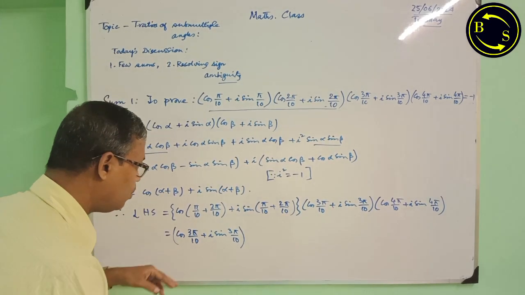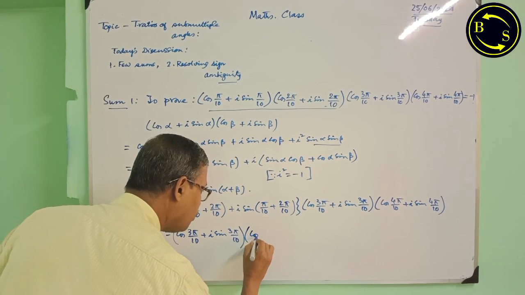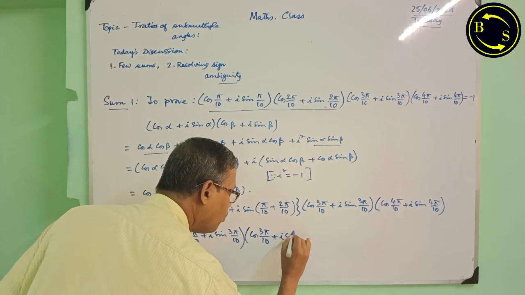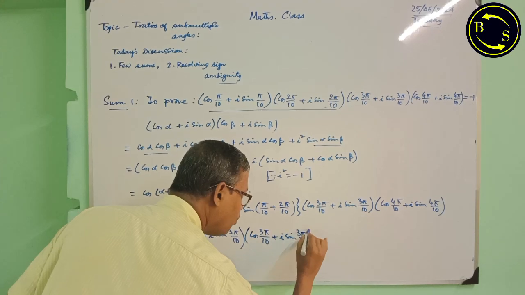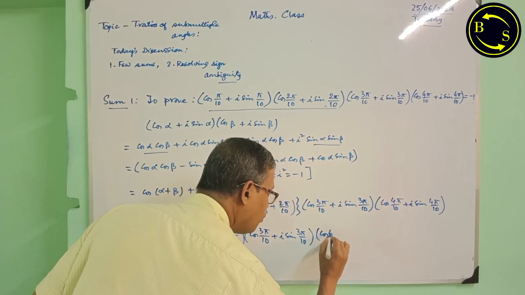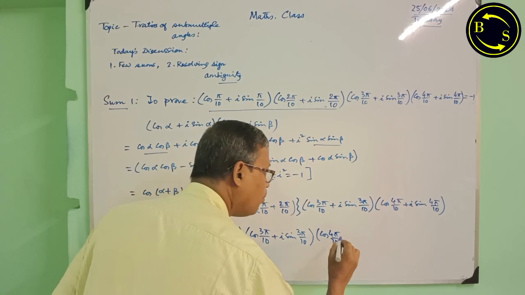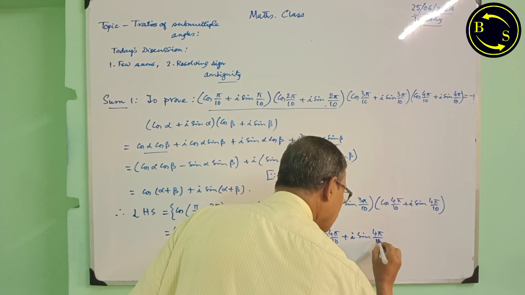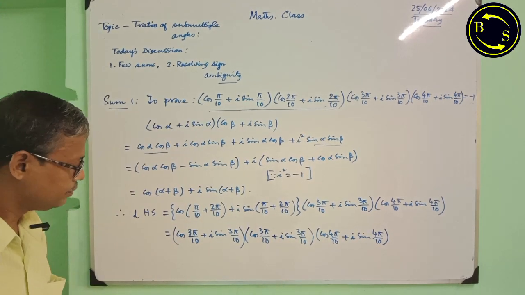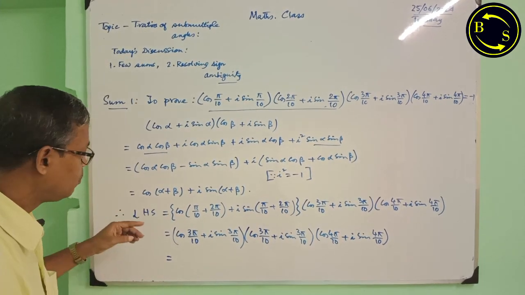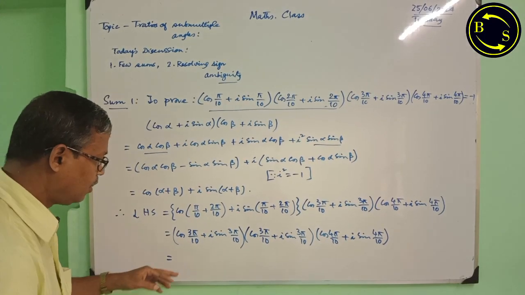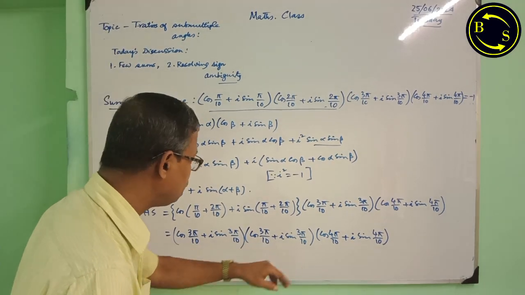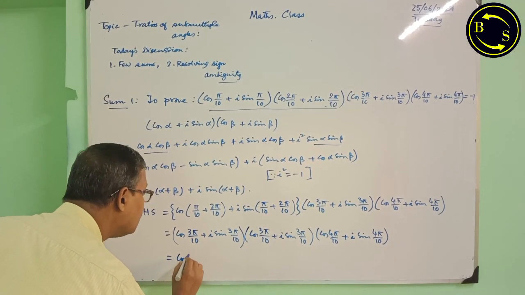Now again we follow, apply this one, cos alpha plus I sin alpha into cos beta plus I sin beta. Therefore, result will be